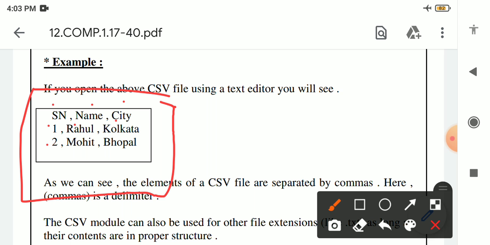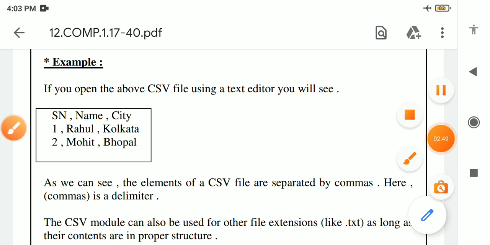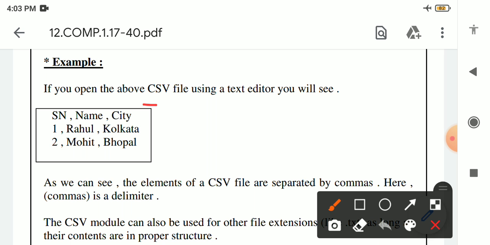So this is the format of a CSV file, and you can see that all the values are stored in the form of a table, means tabular form. You can see here this represents one complete piece of information, all these three. So we can say that all the elements of a CSV file are separated by commas. Here the comma is what? A delimiter, means separator.